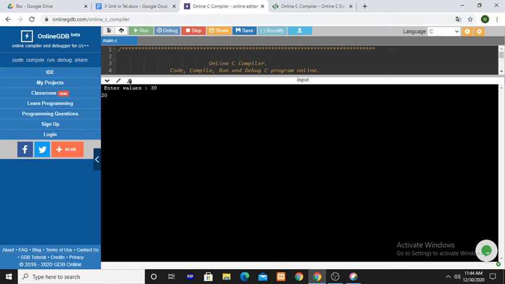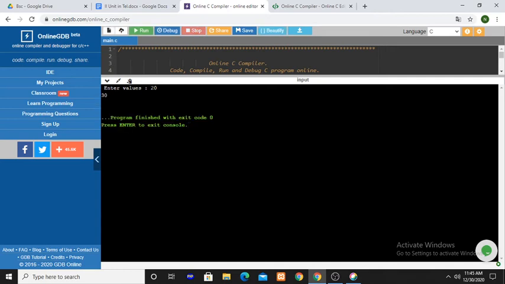Or if you give another data, now this time 20, 30.